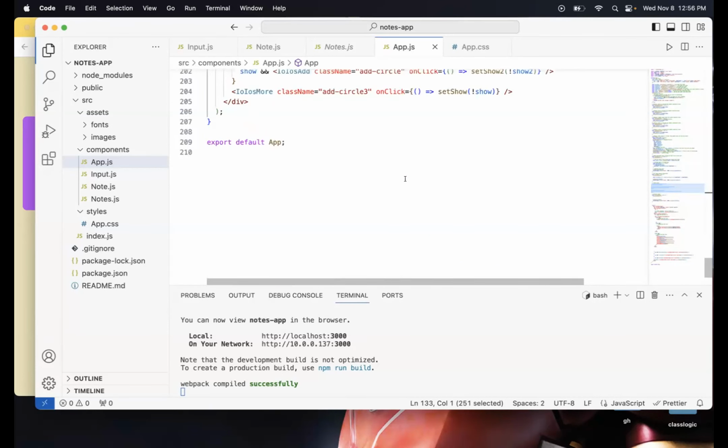Usually when there are repetitive components, for example, the notes themselves, it's better to have separate functions or separate files, separate components. But if it's just one single part that's not repetitive, it's just going to be on one page, then there's no point in creating a different function for that. It just creates confusion.